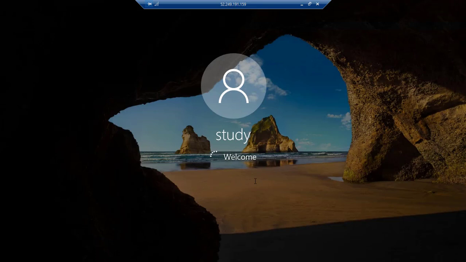Like that you can see we have logged in with the study user, and we are getting the welcome window. So like that we can create virtual machines in Azure. Let's wait some more time while our profile is getting logged in.